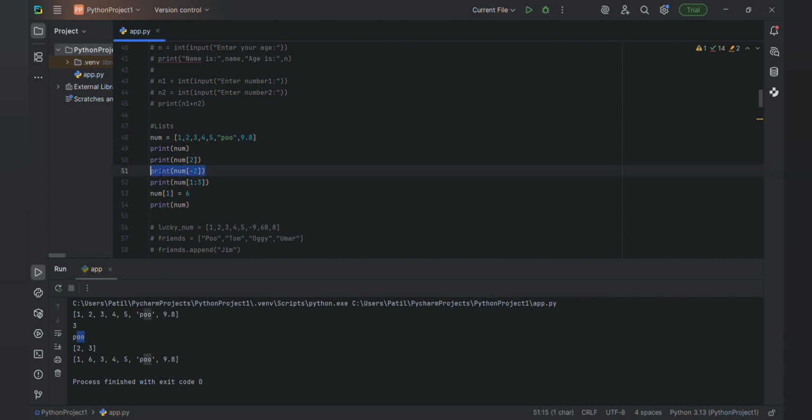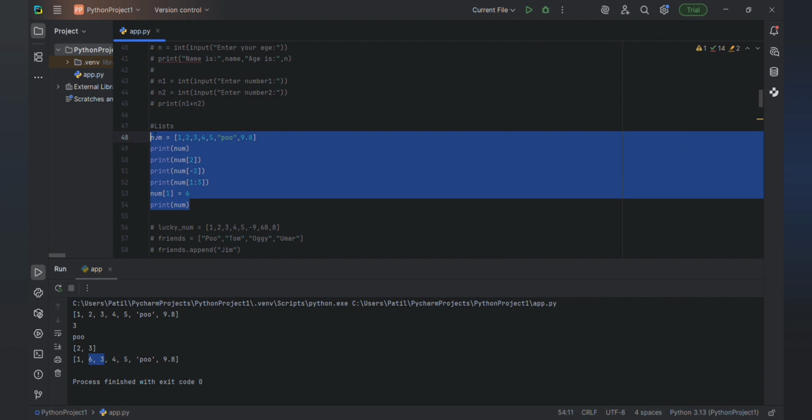Next is print 1 to 3, meaning 0, 1, 1, 2. As I already said with strings, it works the same in lists. So 1 to 3 means 2 and 3 get printed. Next, if you want to add anything in the first position, it will add 6. See here, in the first position it will add 6. This is the list.